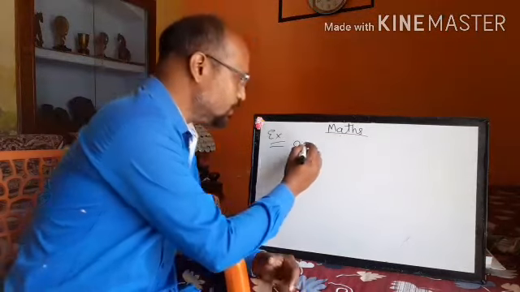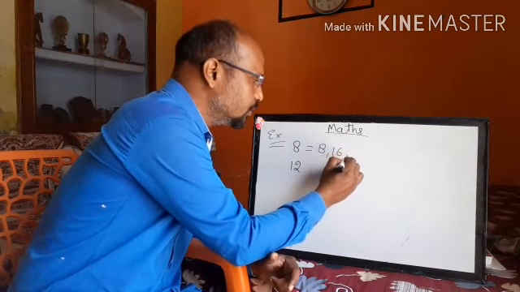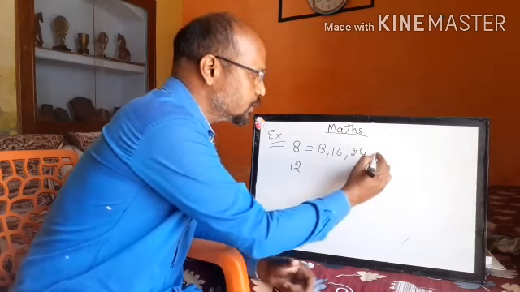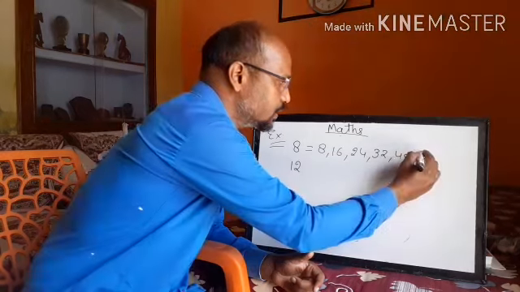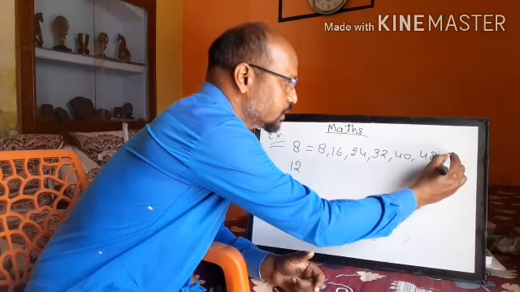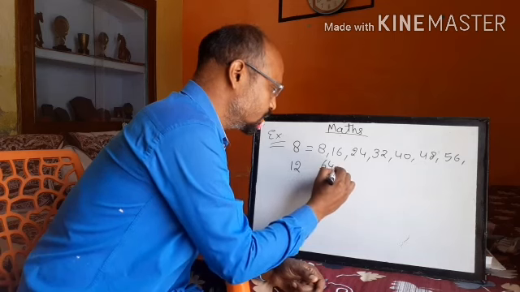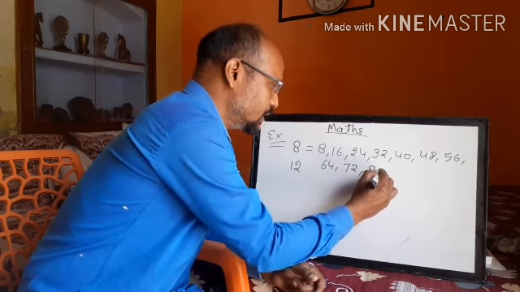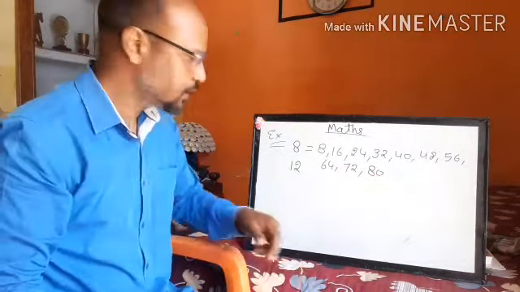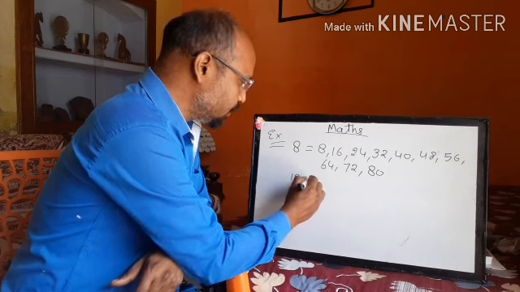So the multiples of 8 are 8, and so on; let's take till the 10th. Similarly, the multiples of 12 are